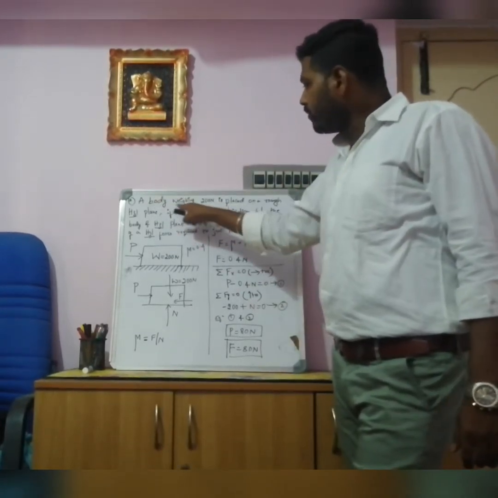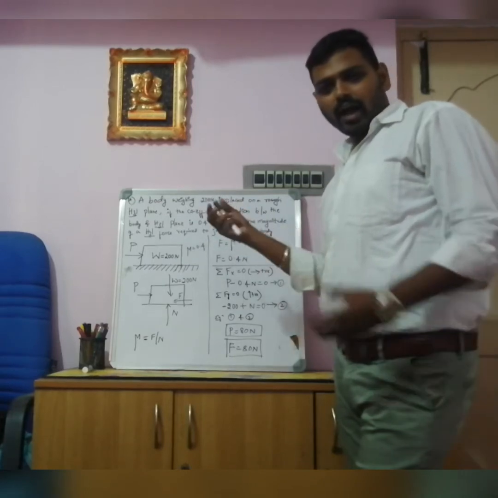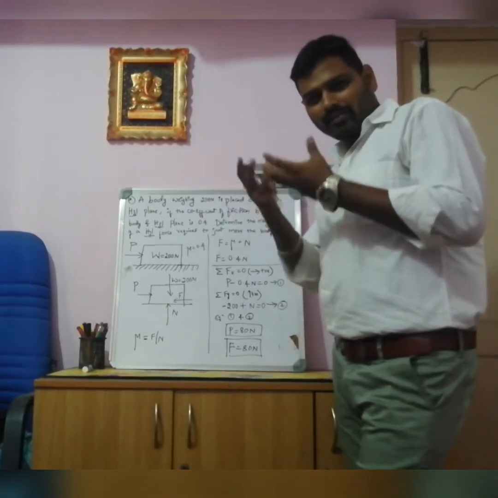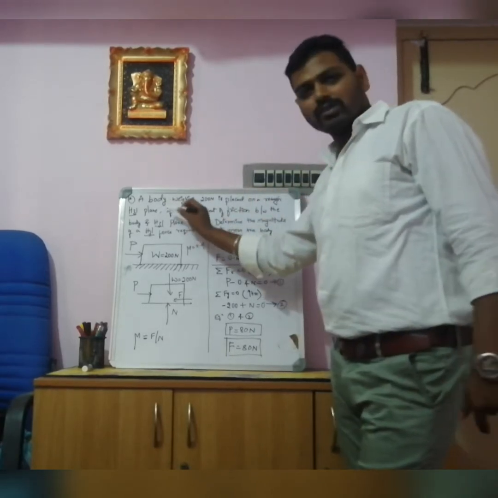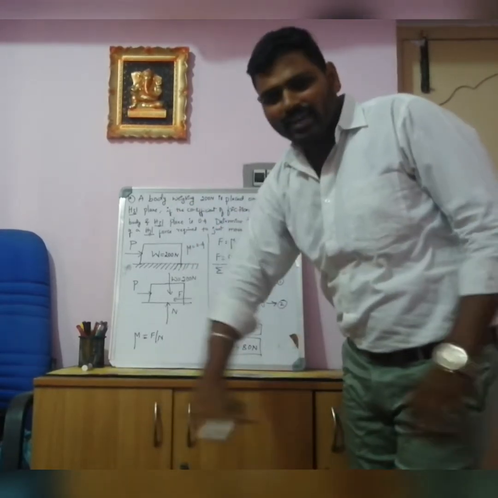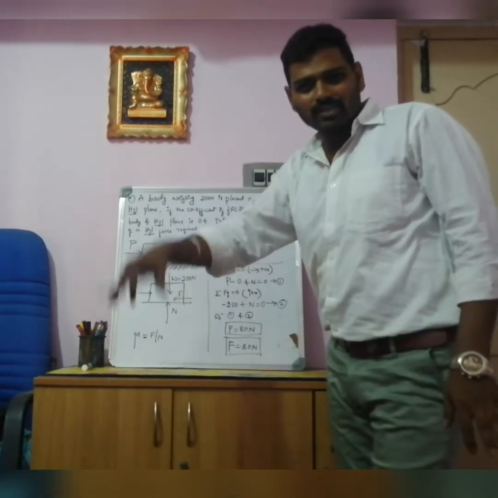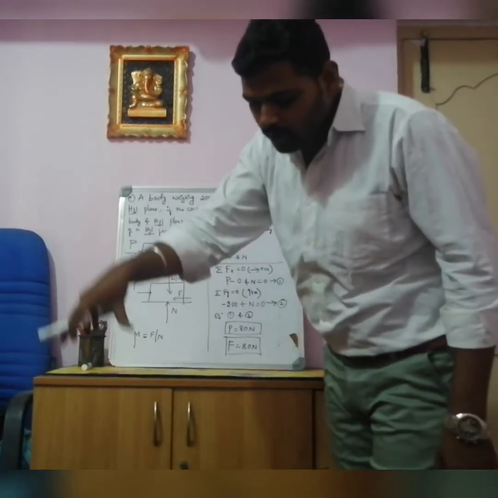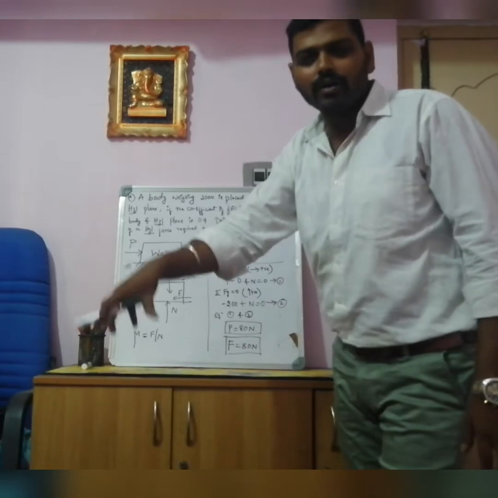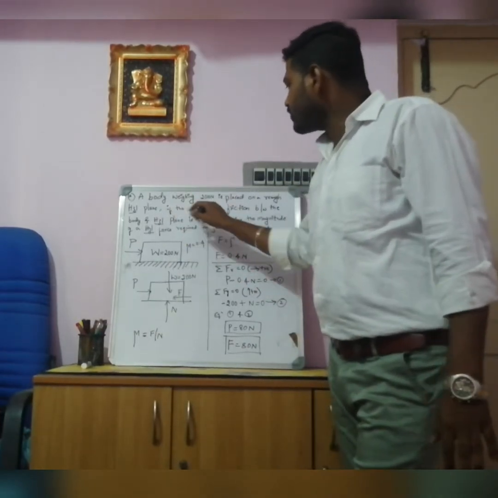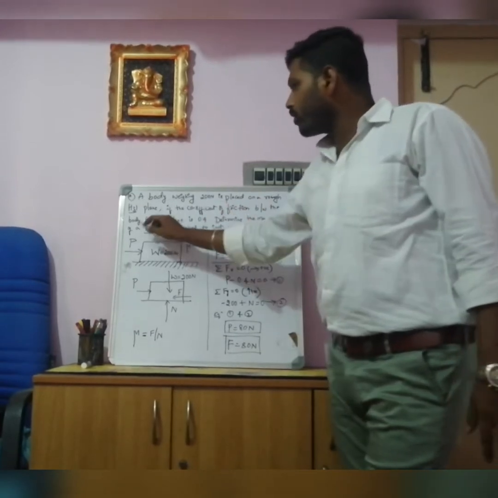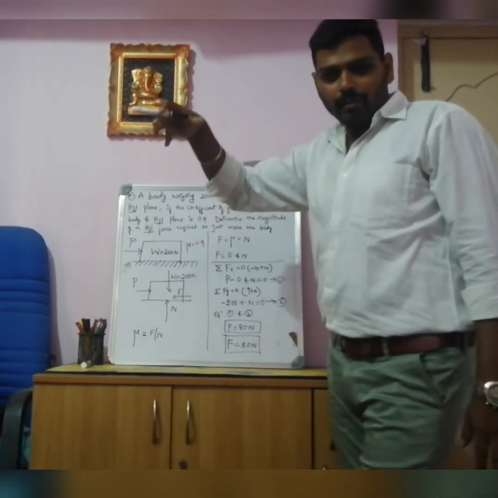So a body weighing 200 Newton, a block body that weighs 200 Newton, is nothing but the self weight, placed on a rough horizontal plane. We can consider the floor as a horizontal surface. On that surface, the block which has been kept has 200 Newton as its weight, its self weight. If the coefficient of friction between the body and the horizontal plane,